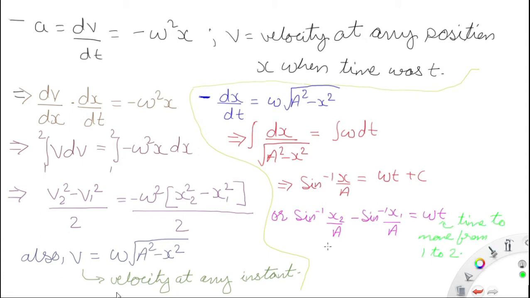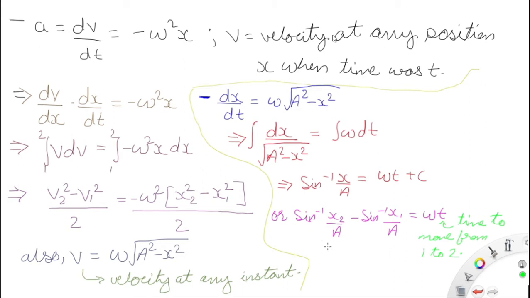Okay. So acceleration in simple harmonic motion. Acceleration is nothing but the rate of change of velocity with time. So differentiation of velocity with respect to time will give you the acceleration. So acceleration a is equal to dv by dt is equal to minus omega square x. Omega is the angular frequency, okay, and x is the displacement. Now the acceleration is opposite to the displacement, that's why a minus sign is there, okay. The minus sign is because acceleration is opposite to that of the displacement, okay.